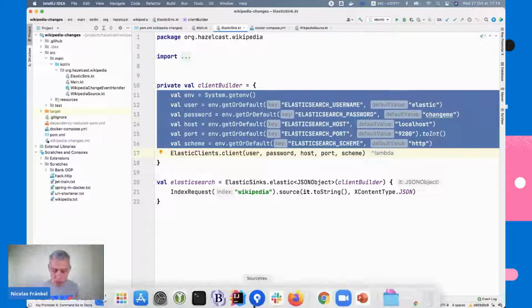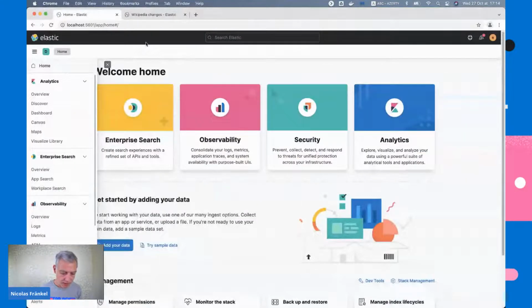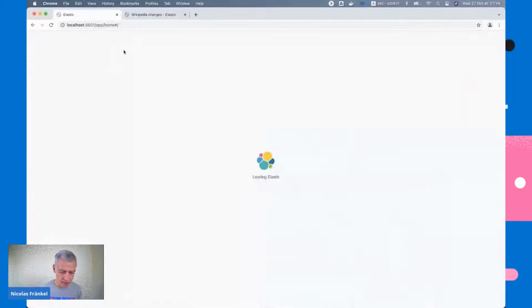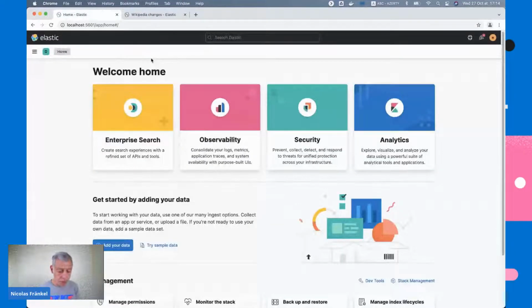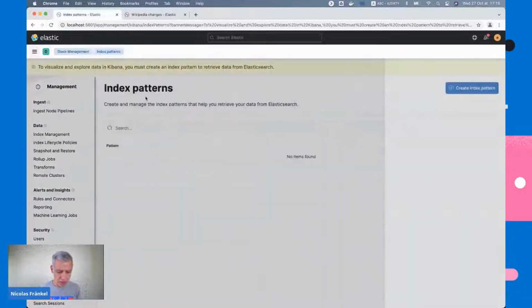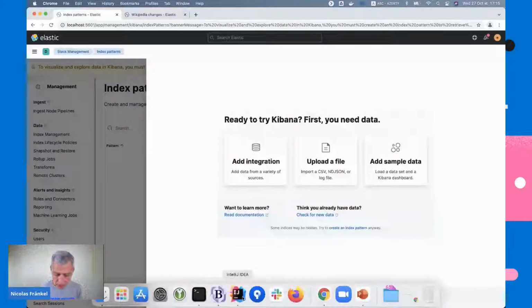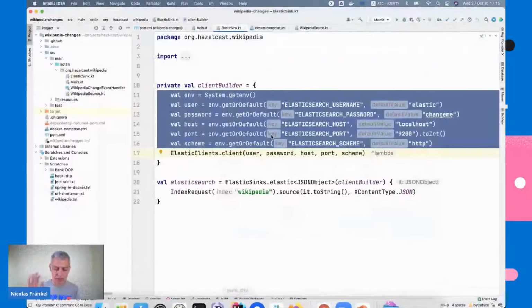So I've already prepared a Docker Compose. So I have already here a Kibana that is already loaded. Of course, everything is empty. I started from scratch. So if I go to Discover, it will tell me, hey, you've got no data. So now the idea is I will dump the data.